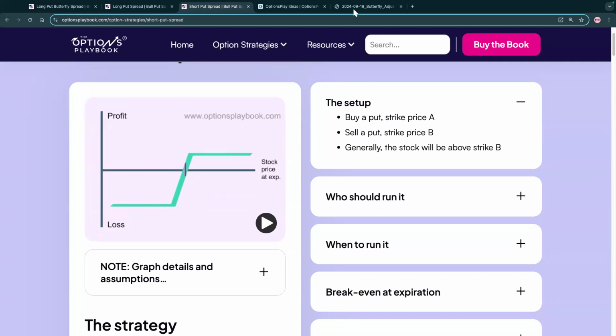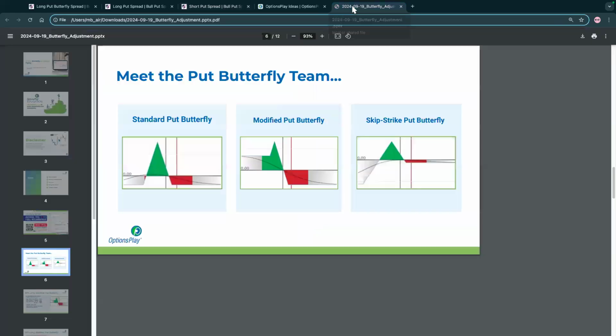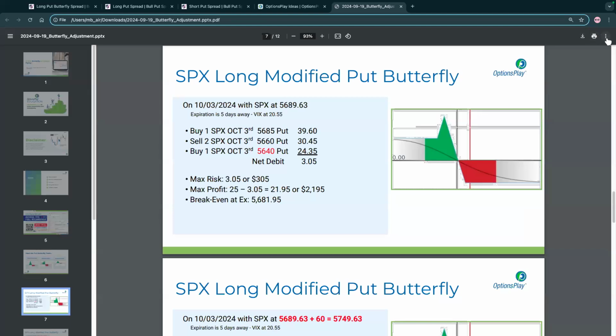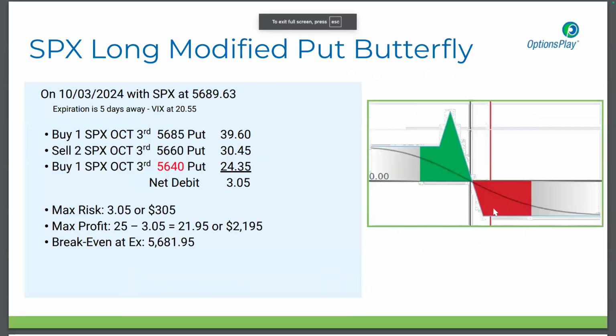And Tony and I had a long conversation about this because this is a strategy that I like to do in the SPX. In particular, the big reason I wanted to start with butterflies, considering, let's think about this, this is my first presentation to Options Play, and I jump right in with a butterfly. But September and October, I like to do butterflies in the VIX index. I like to do butterflies in the SPX. And in particular, in September and October, I'm usually bearish with the trades that I'm doing.